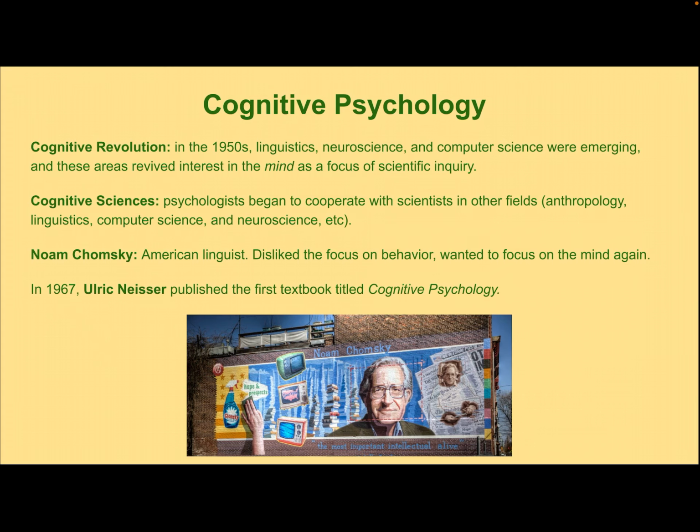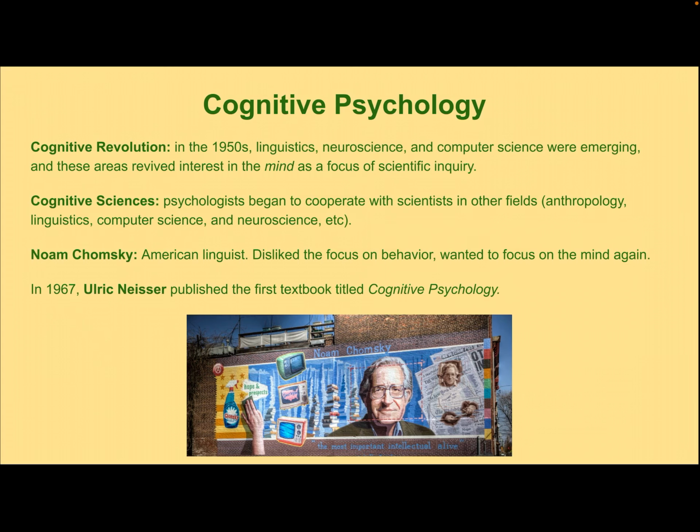But now that other sciences were getting invented and becoming popular, like linguistics and neuroscience and computer science, especially neuroscience, that was a big one, we were finally able to scientifically measure things in the mind. So cognitive psychology was born, and the cognitive sciences emerged when psychologists began to cooperate with scientists in other fields. Another example here is anthropology, and we'll get into cognition a lot more later and cognitive psychology, but it's very